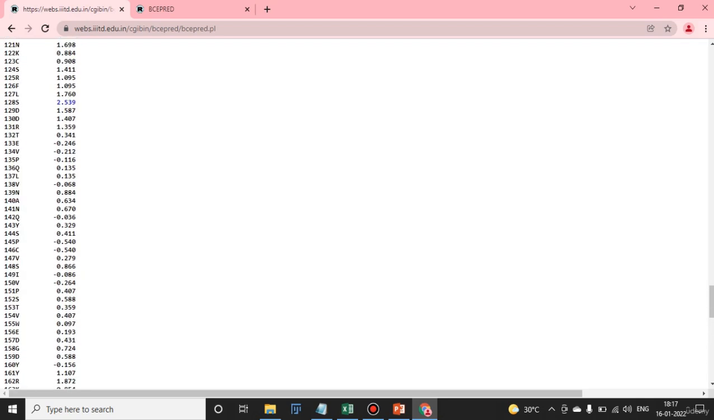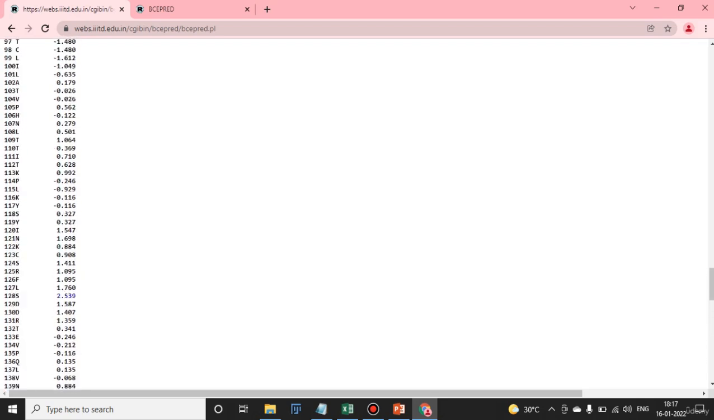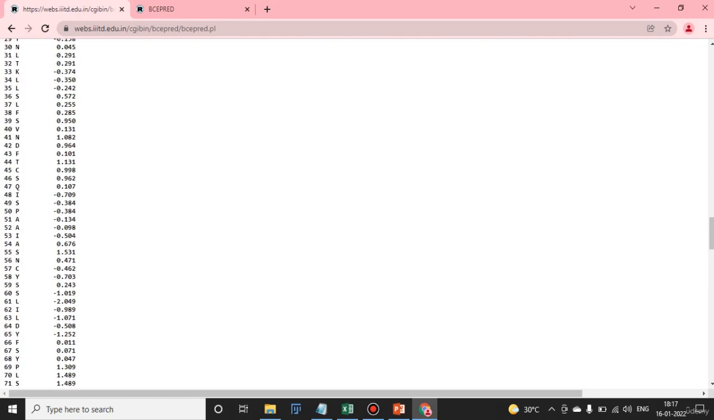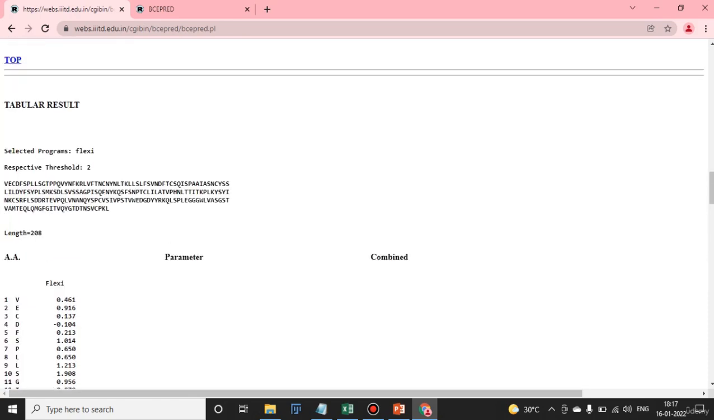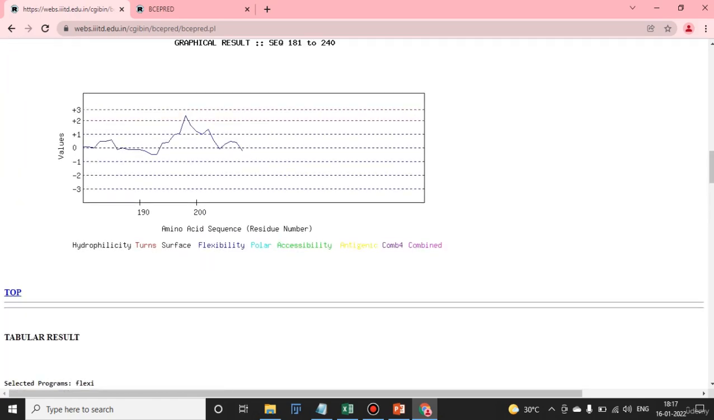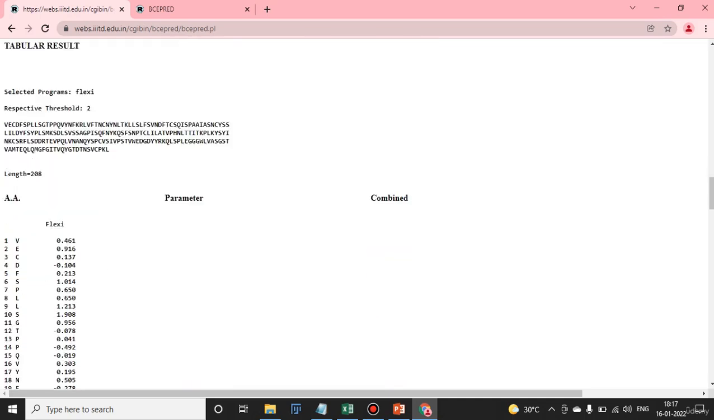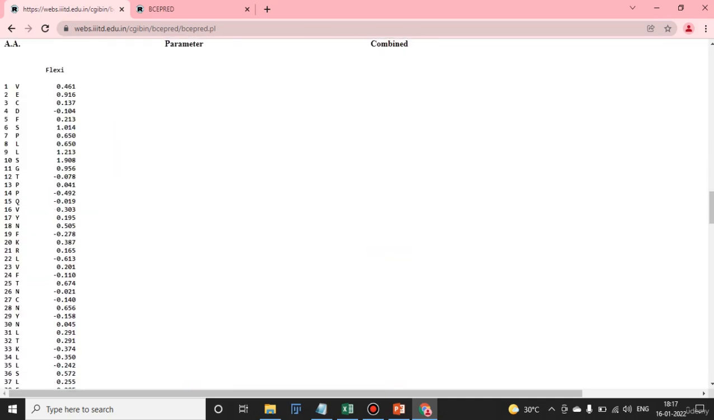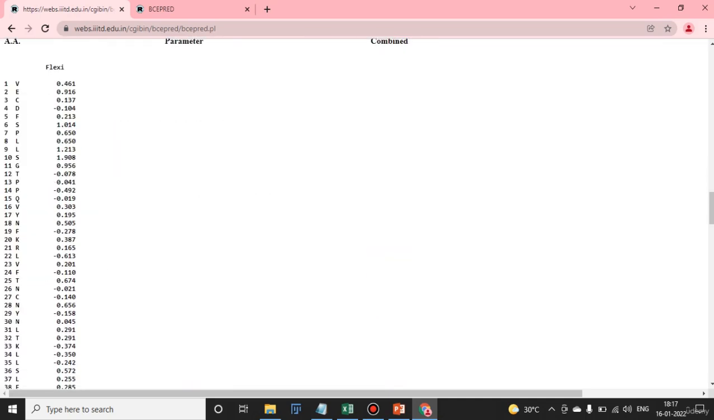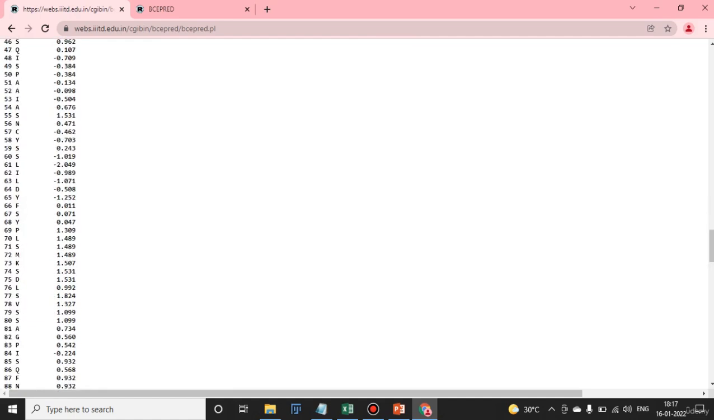Okay, yeah, the tabular result is derived from this graphical result, of course, so that we can easily interpret. Okay, so these are the residues that are according to the flexibility. Now here are the values that you can see, where you can say that more the value, better will be